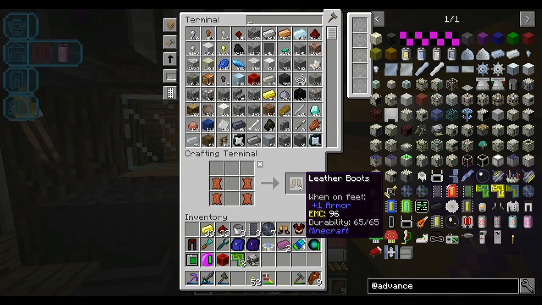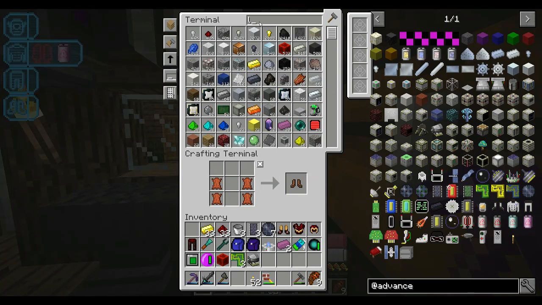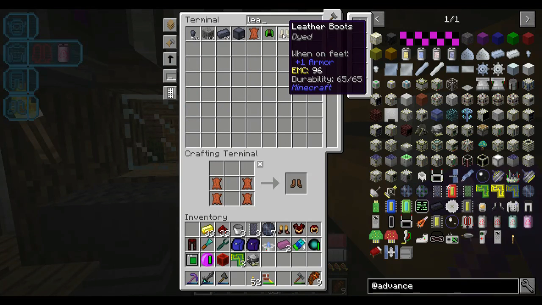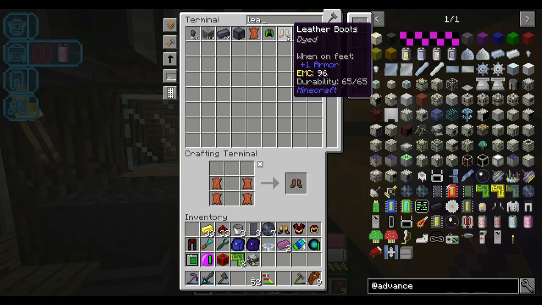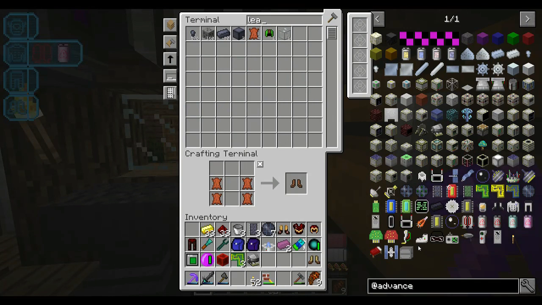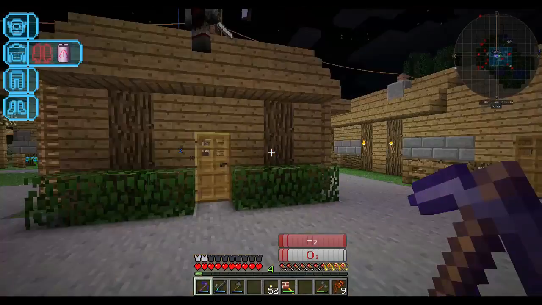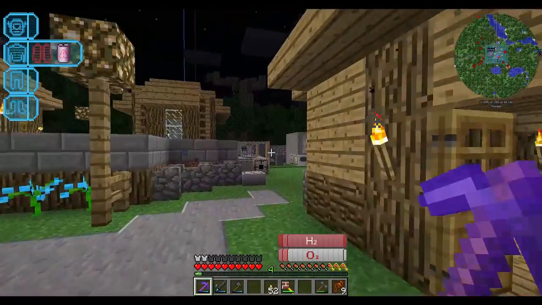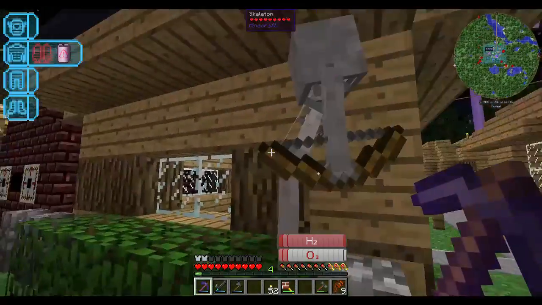And some leather boots. Or do I have some leather boots? I've got some dyed ones. I wonder if they'll work. Let's give it a go before I make a set. And a feather. Alright, let's go and give these things a go. And this is just me learning as I go too, so bear with me because...